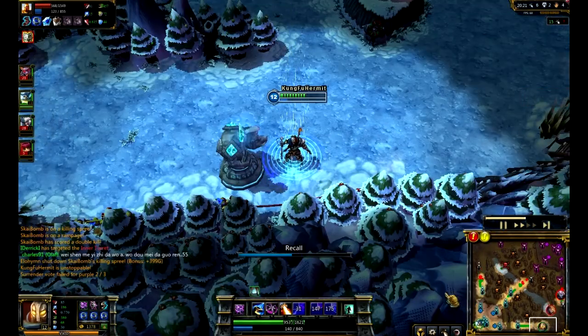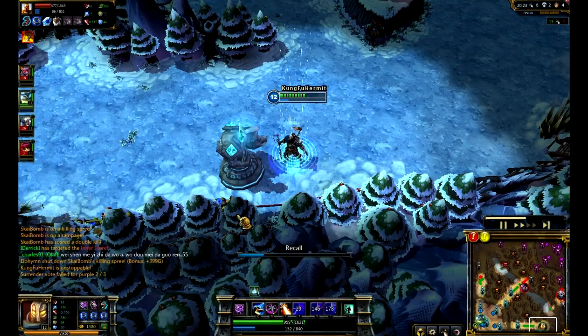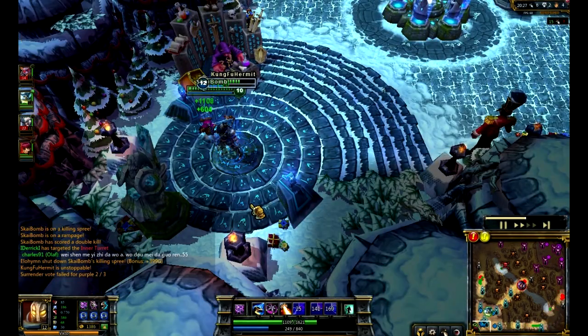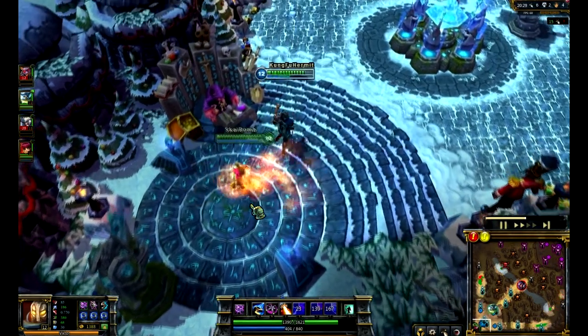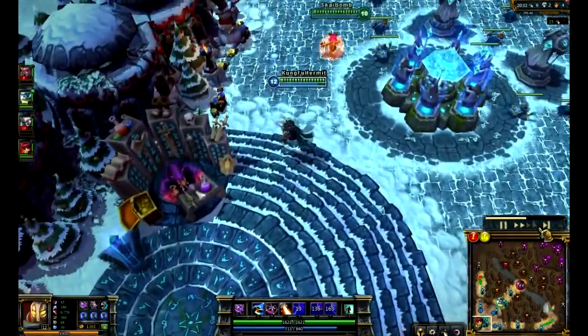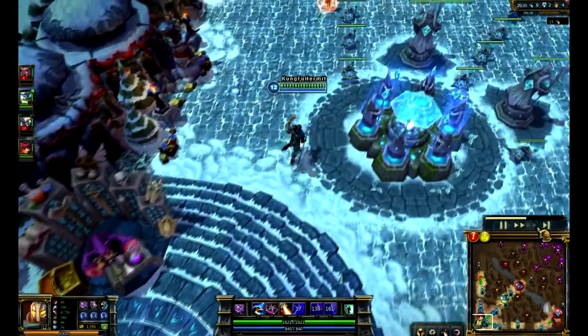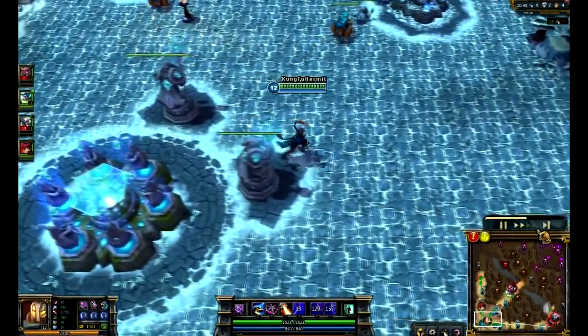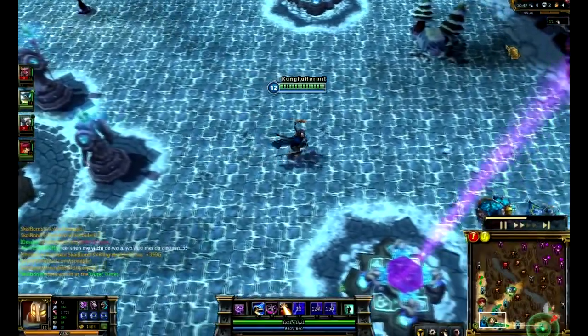But I survived, and Olaf just came back. I don't think I have enough money to buy the Rabadon's yet. Yeah, I don't. I need like 22 or something. So now we're 15-7, and we're ahead by 1 tower. So things are looking pretty good. I'm 6-2, and